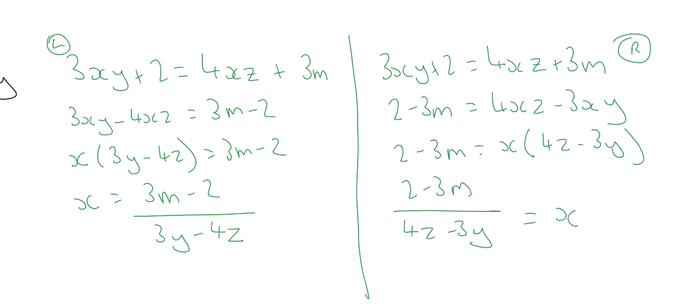This is positive 2, negative 3m. And then the other side, it's the other way around. Same here. Positive 4z, negative 3y. Shh, boys, listen up. So it doesn't matter. Both of these versions are correct. It does not matter which way you did it, as long as every sign is different. Okay, let's do one more